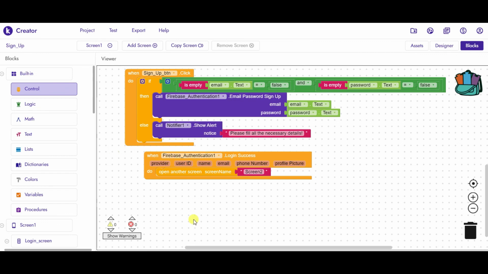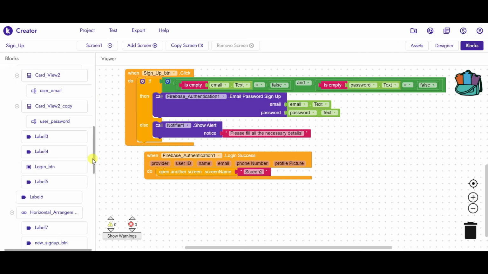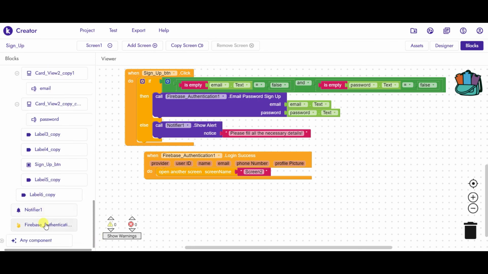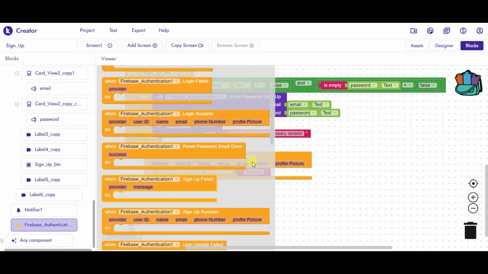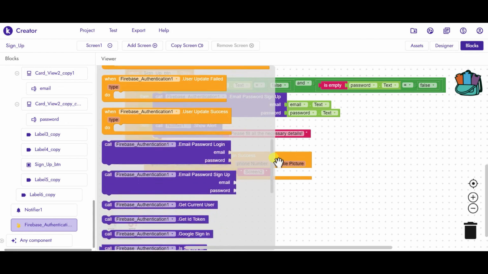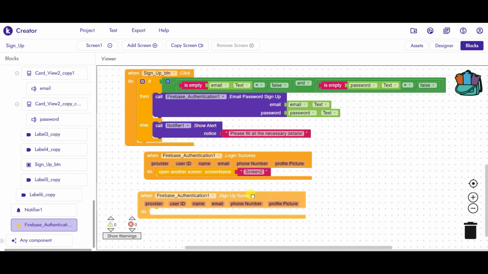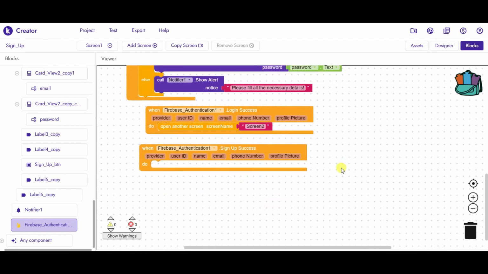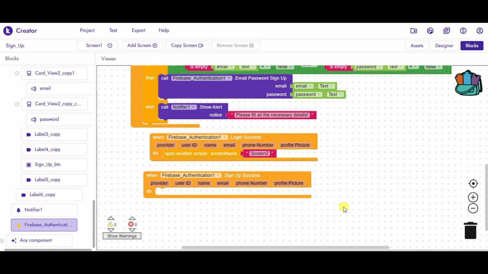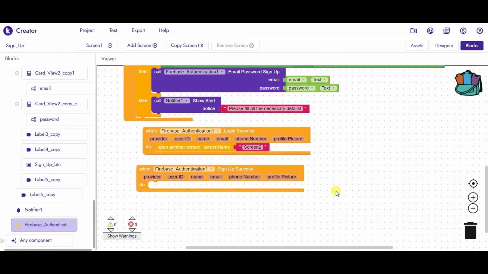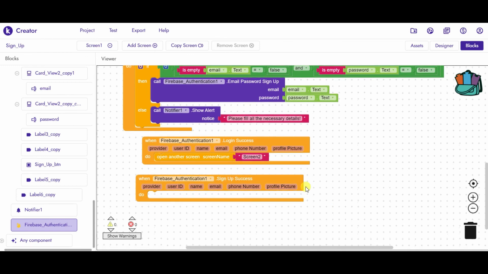if sign up is success, that is if we have successfully created our account, then here you get an option sign up success. Then we will set, first of all, we will clear all the text boxes.